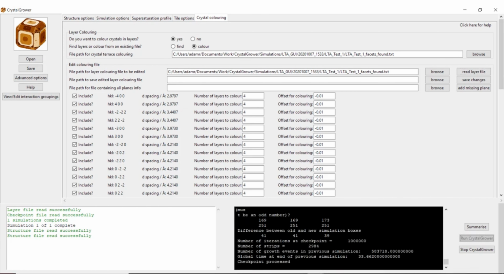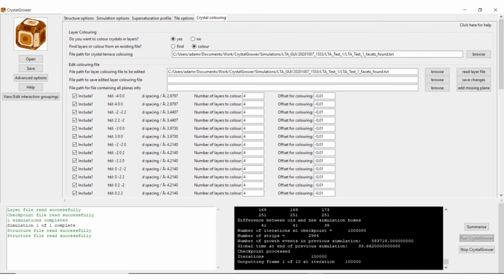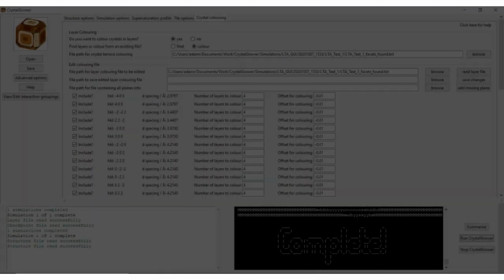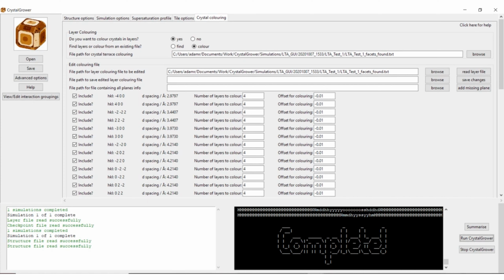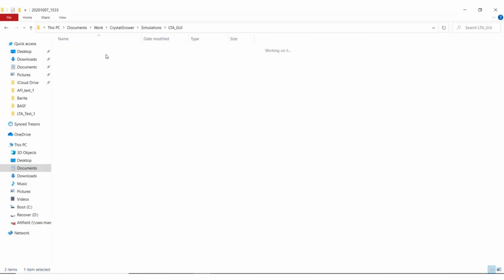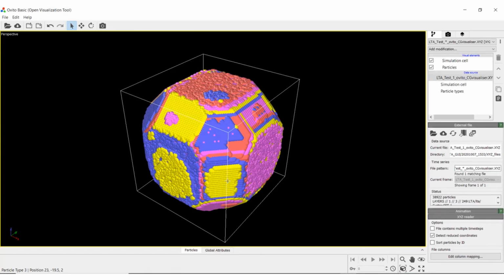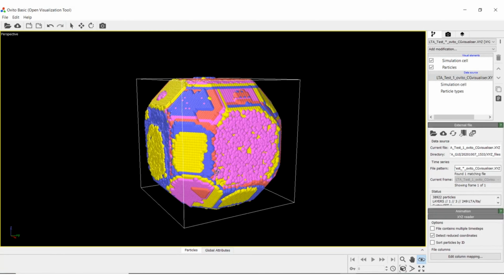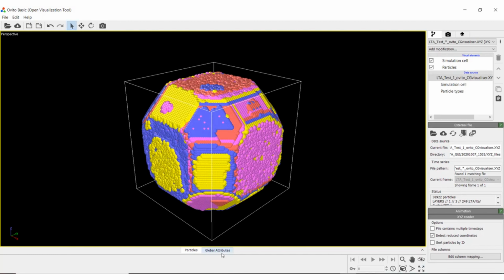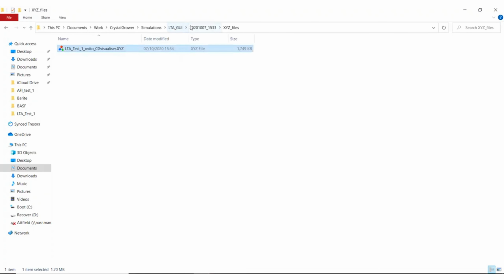You can see that it tells you it's reading in the checkpoint. It says the checkpoint's processed, and you can see now it's outputting the frames. So let's open up our first simulation and compare it to our second simulation. So if we open the XYZ file from our first simulation, you'll see we have this crystal. Then if we move and open up our second simulation,